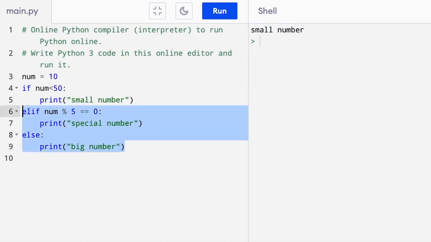So that's just something to keep in mind when you're using an else if. So for example, if we wanted to check for a special number before we made the decision on whether the number was small or big, we would want to go and put this logic here inside of our if statement, and then put this if statement logic inside our else